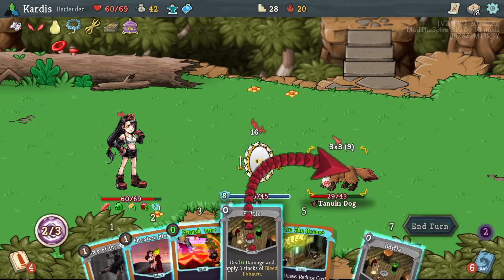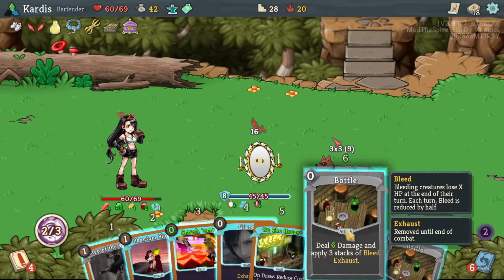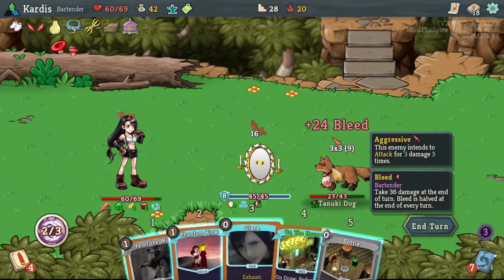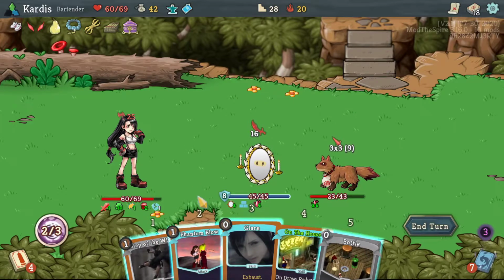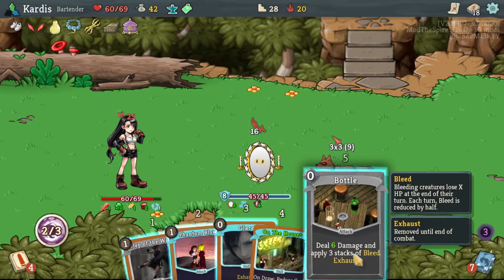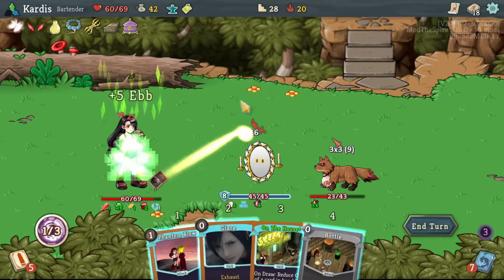Alright. 9 times 3 is 27, so that's just not quite enough. I guess I have to do this. Okay, so he's dead, but he dies at the end of the turn, which probably means I'm fucked, if I had to guess. And I can't actually play this on this guy, because I'll take a bunch of damage, so...